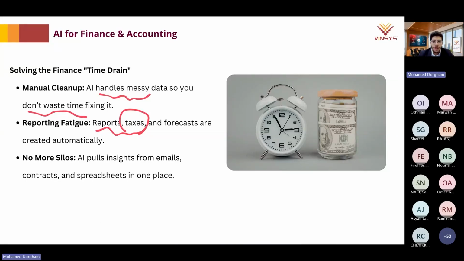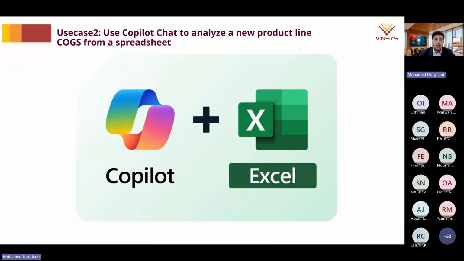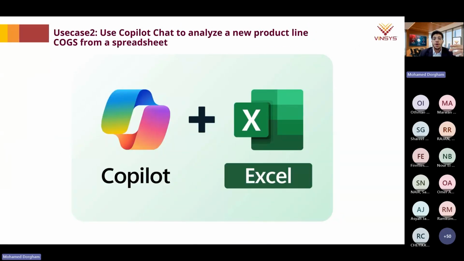Now, let's have a quick overview and a quick walkthrough of how AI can be helpful. For that, I will use Copilot, because here I'm working with a spreadsheet. I'm going to work with an Excel sheet, and as you know, Excel is a Microsoft services application. For those who are working with Gemini, you can reflect the same scenario with Google Sheets. Okay, now let's have this quick example.